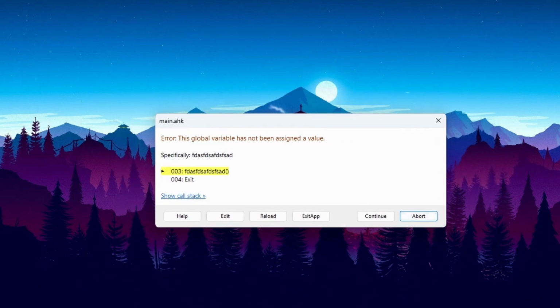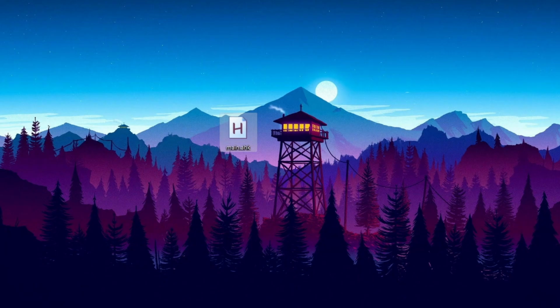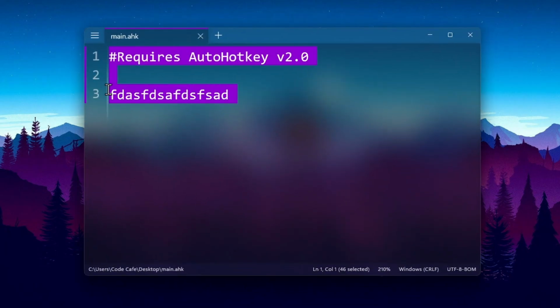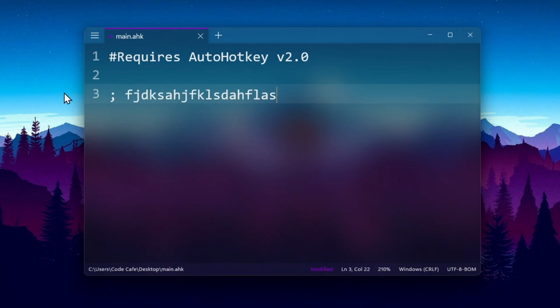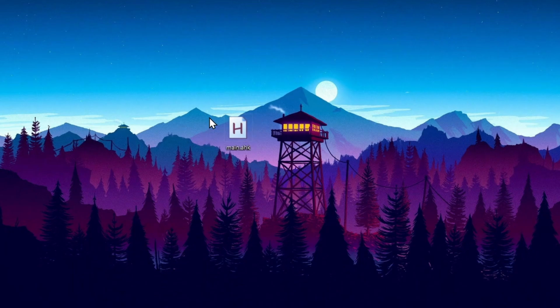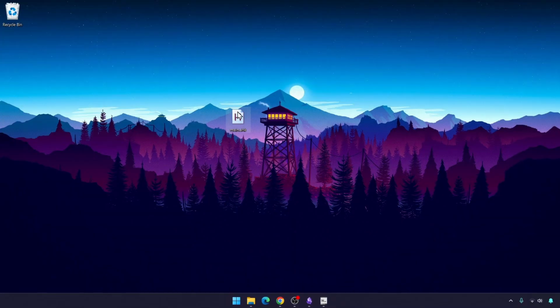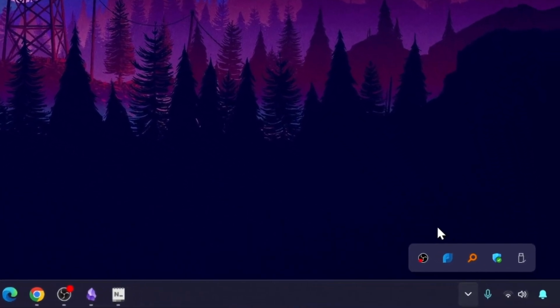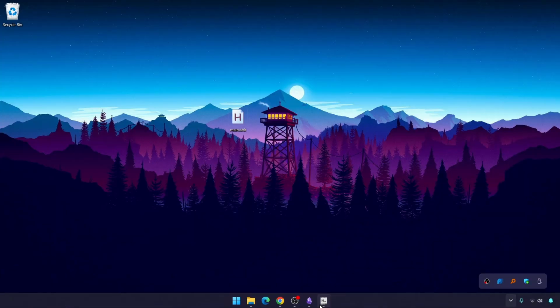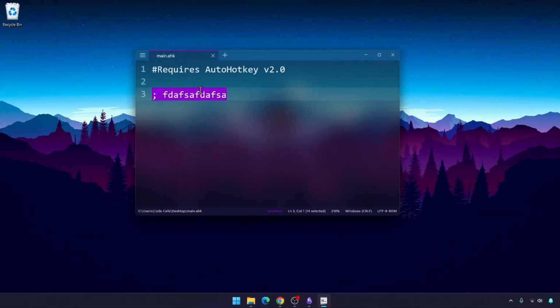So what you need to just do is abort this, go to your text editor or open it again and just add a semicolon before it. I just add the space for convention and readability. After adding a semicolon, I add the space and type in anything I want. For example, if I type in the same thing, save it, minimize it, and run it, nothing appears to happen. And this is a good thing because if you go to your system tray bar, you get nothing because there is nothing in your script that needs to be read. It's just a plain and empty command that nobody bothers to care.